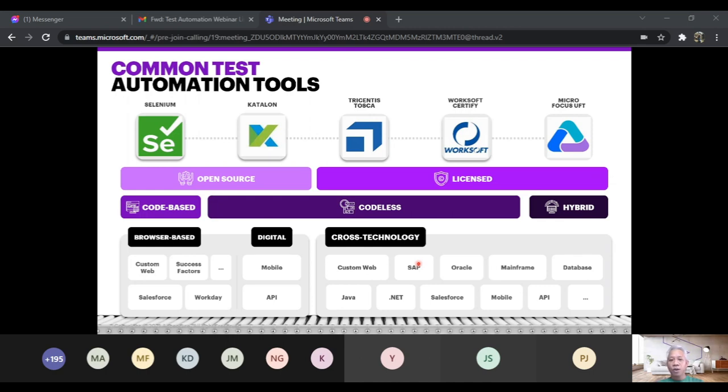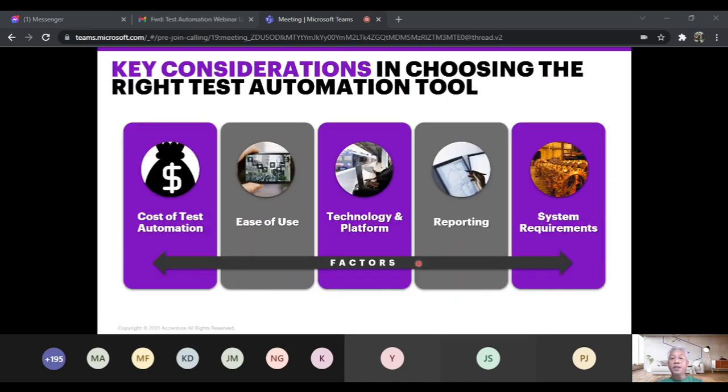So what are the things that you need to consider in choosing the right automation tool? Of course, you have to consider the cost of the automation, how expensive or how cheap it is, ease of use, how easy it is to use, how difficult or complex it is, the technology and platform that it can automate, and the reporting. Reporting is very important because when you test something, remember when you had your